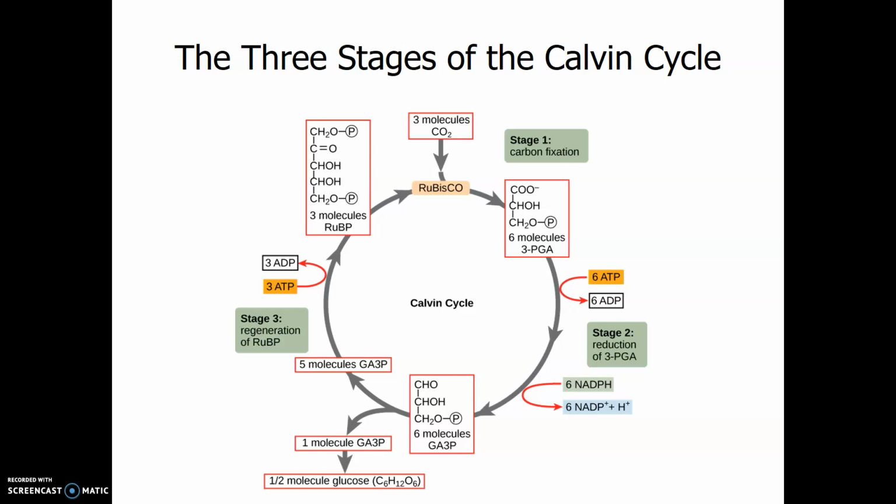This shows you the stages a little bit more clearly. The first stage is carbon fixation, and that occurs when RuBP, which has 5 carbons, you can see them right here, 1, 2, 3, 4, 5. The 5 carbon RuBP combines with 1 carbon from carbon dioxide and produces a 6-carbon molecule, which is split into 2 3-carbon molecules. This is called carbon fixation, uses the enzyme rubisco,